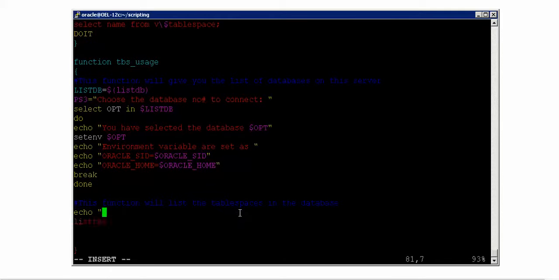Echo, please find the list of tablespaces from Oracle_SID database. Sorry, it is the list of table spaces, so it is not the list of databases. Okay, and that is done.